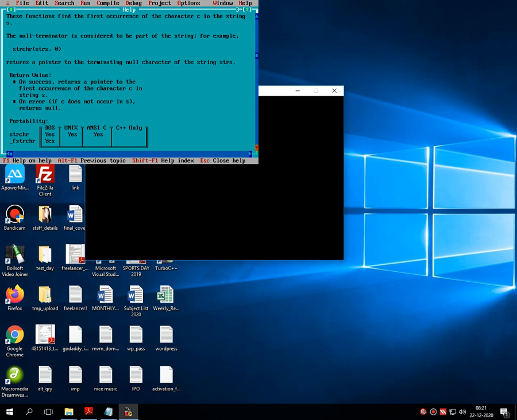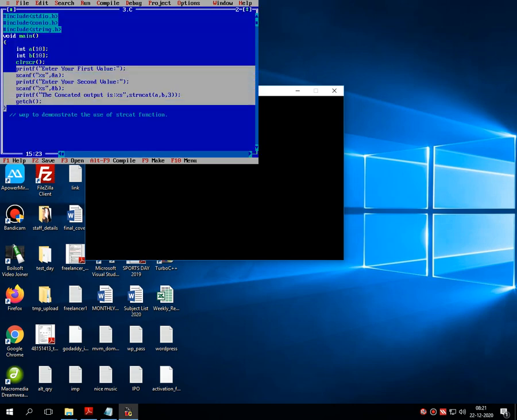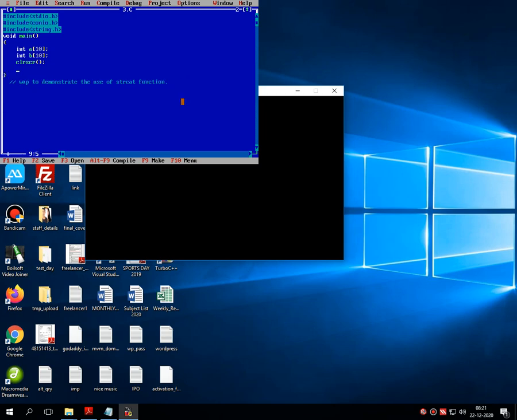For example, suppose I am writing a program like this, where first I am declaring one character array, that is char a[10], clrscr, then a printf statement, enter your string.